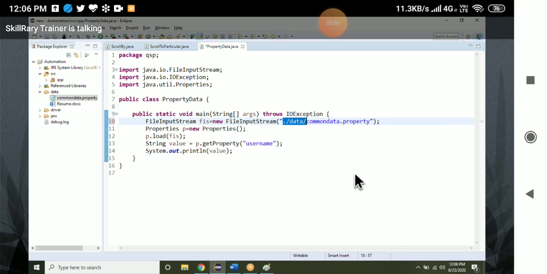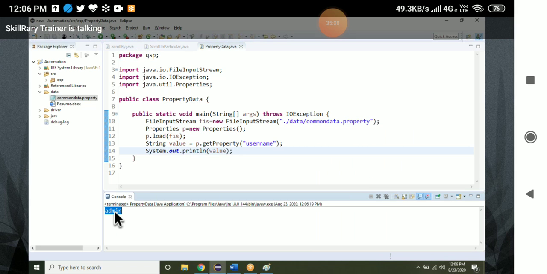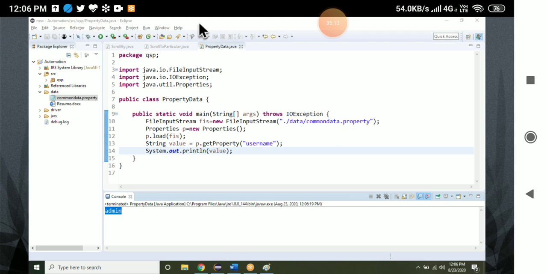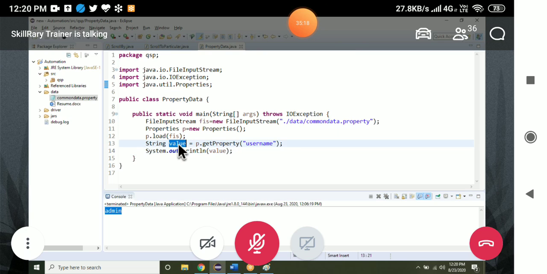In order to make the code generic, give the relative path. Did I give any edit? Read all the data: URL, username, password.